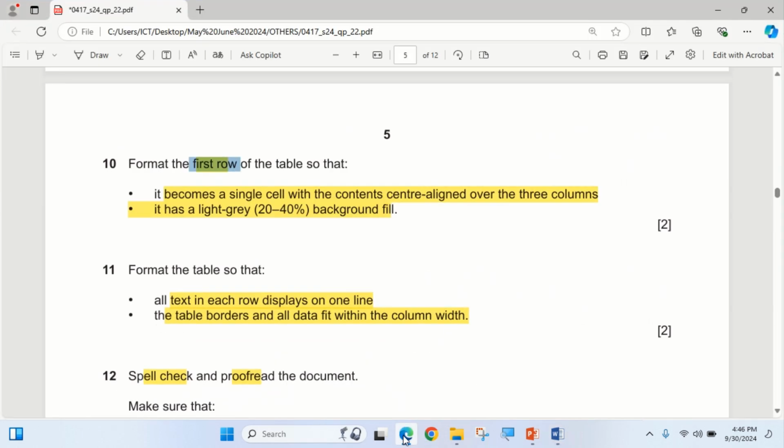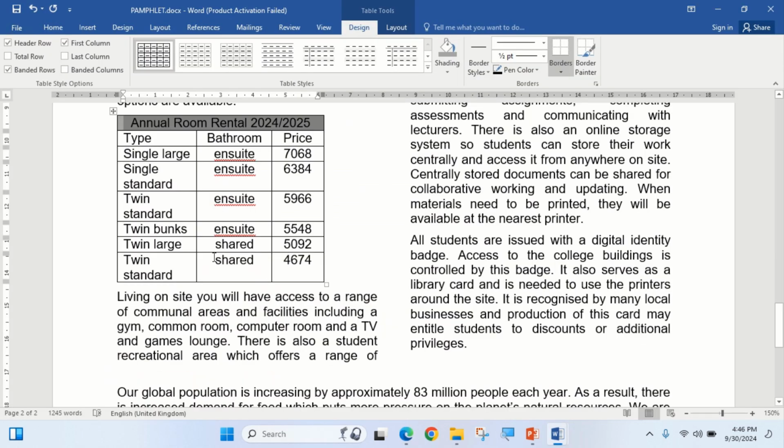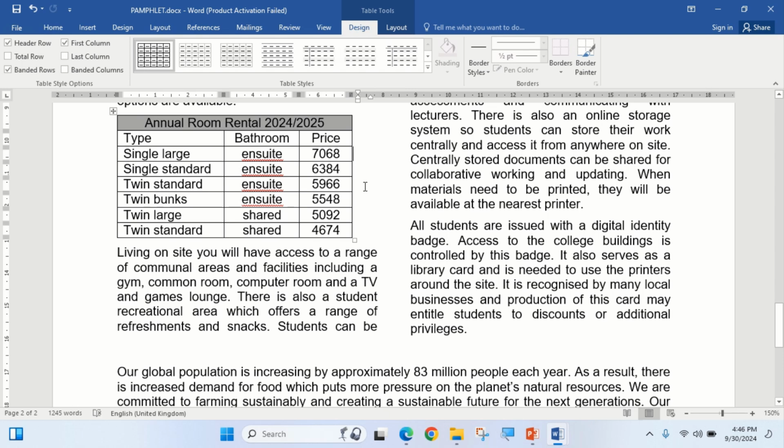Then format the table so that all text in each row displays on one line. So if you want all this text to display on one line, that means you have to open up this. You can just click out before you do that and double click this. It's going to open it up. Or if you don't want to do that, you can drag it, even though I don't really like the dragging. Okay, then the next one,